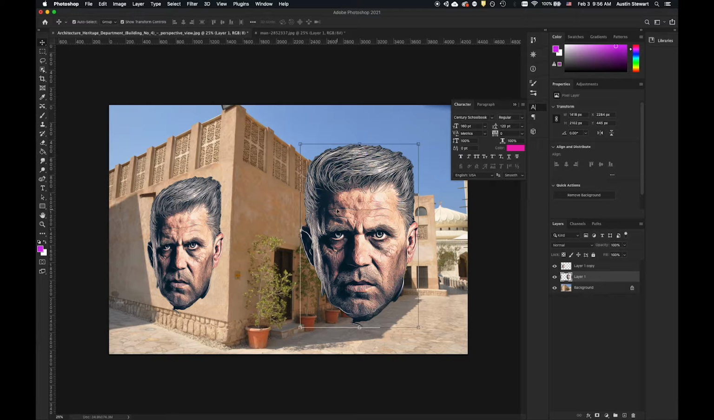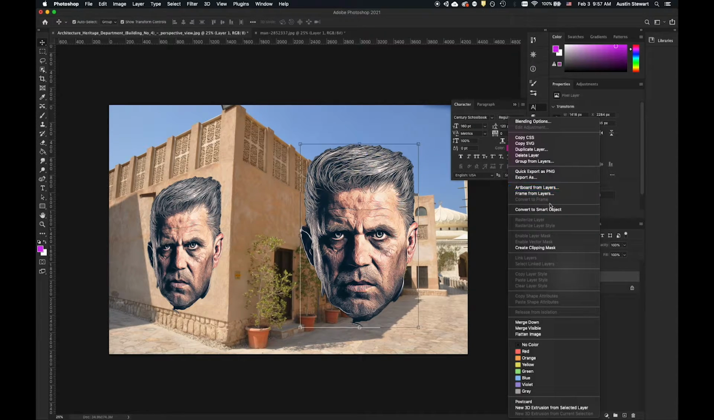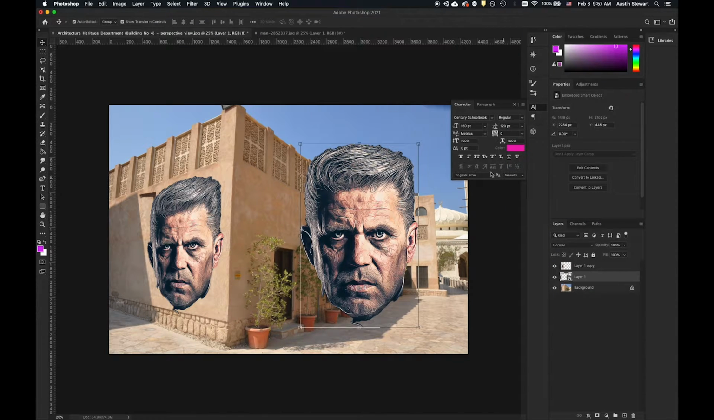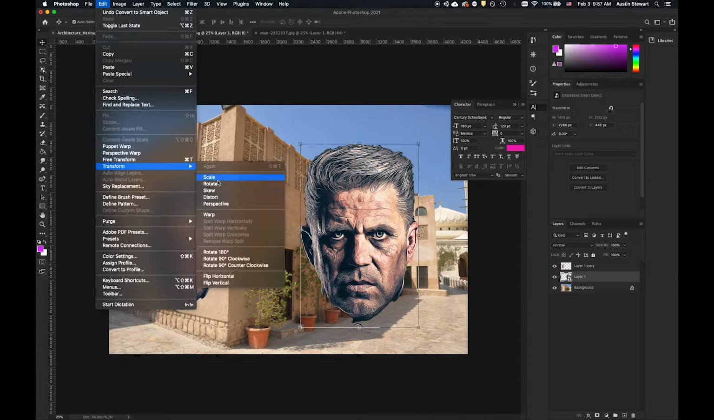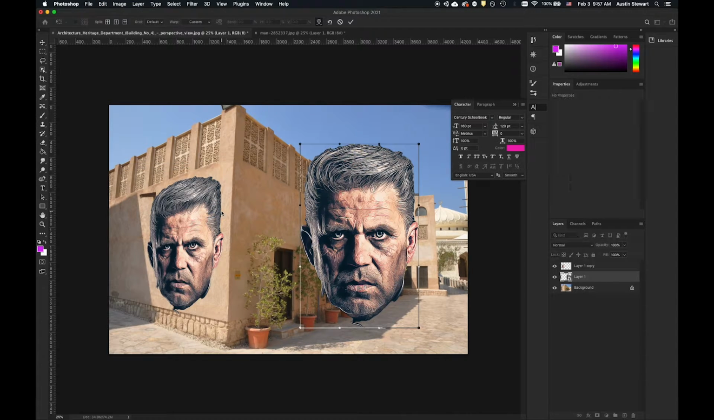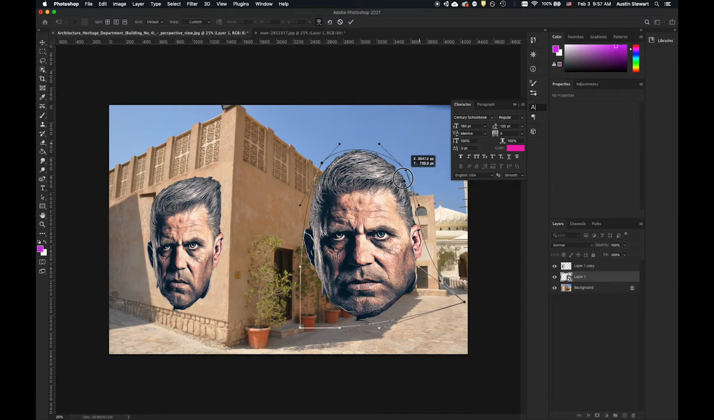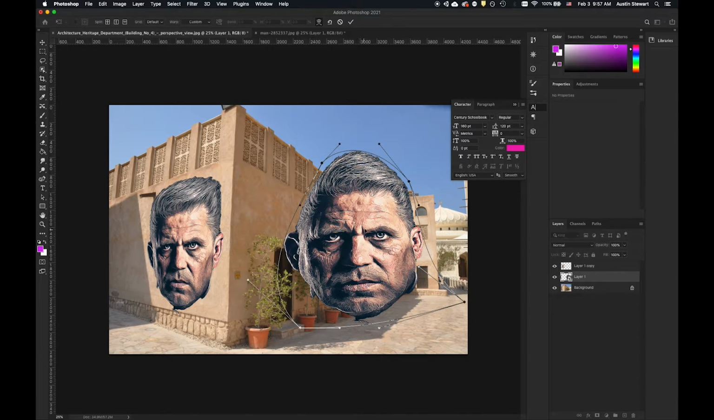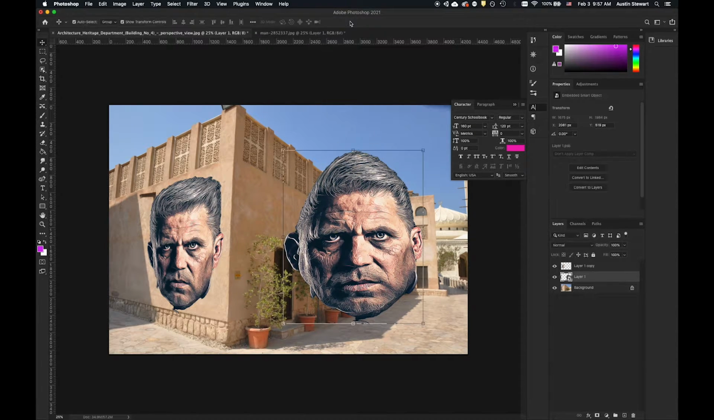Now, if, however, I turn this into a smart object, if I right click on the layer and go to convert to smart object, then if I go up to my transform controls and go down to, let's say, warp, and start to warp this, I'm not going to do anything too fancy with this. I'm just going to warp his face a bit. And if I check mark this,